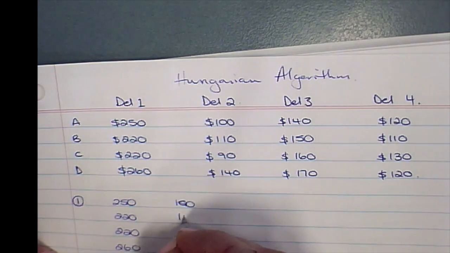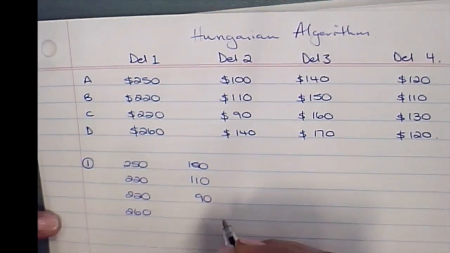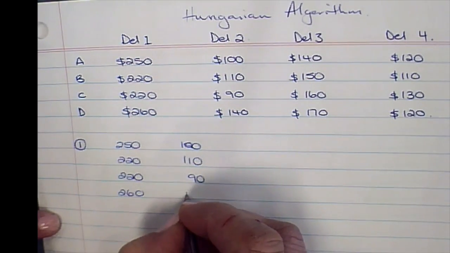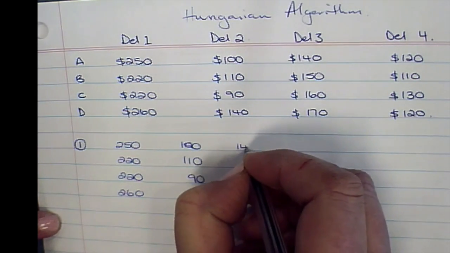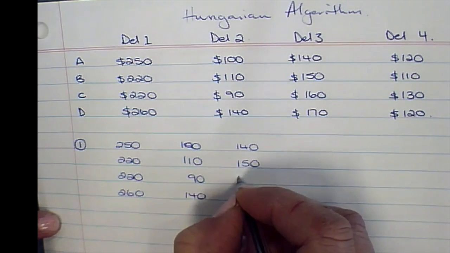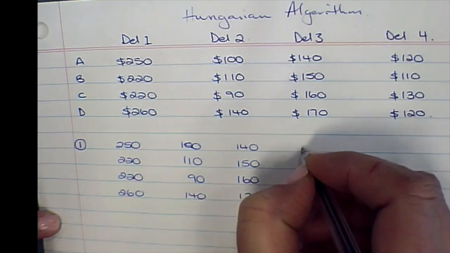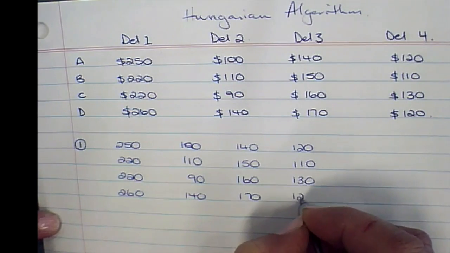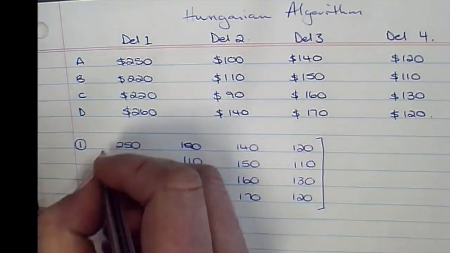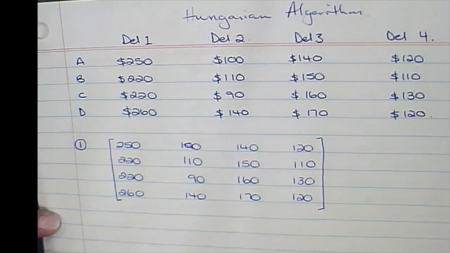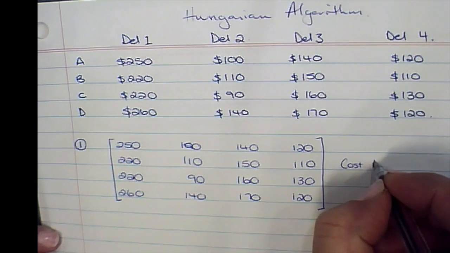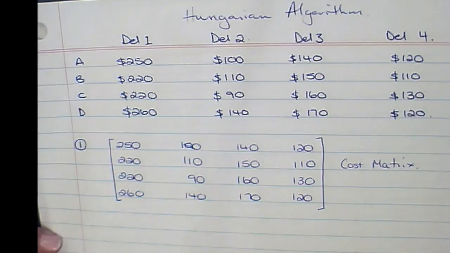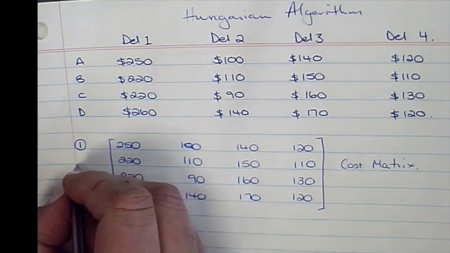And we use our matrix signs there. So we have our cost matrix. So this is called a cost matrix. And that's step 1. Now in step 2, I'm going to do step 2 here as well,